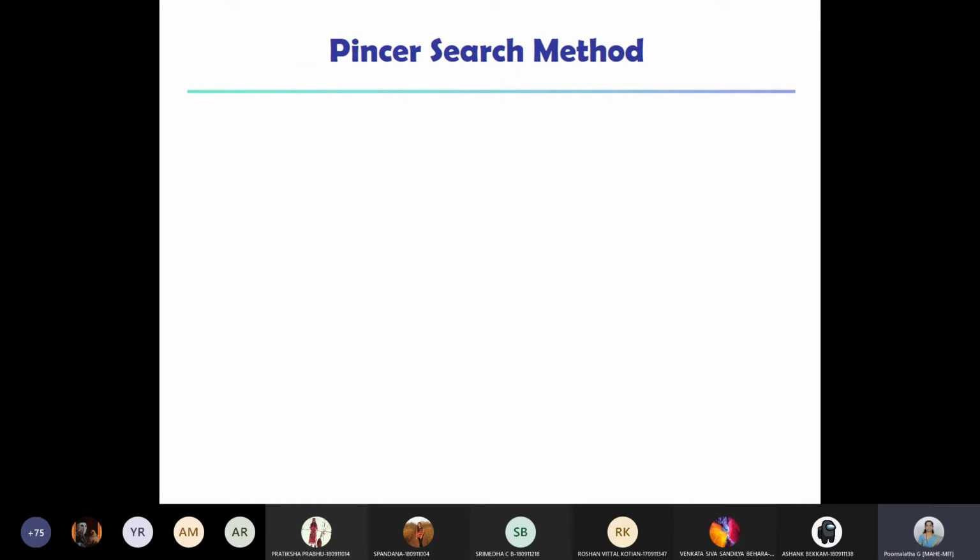Okay, so the next algorithm is pincer search. Again, this algorithm is not available in Anand Campbell. It is from the Arun Pujari textbook. But again, there are slight mistakes or typo errors in that algorithm in the textbook. So whatever algorithm I'm showing you, I want you to please note down in your notebook, because unless you have the algorithms in your notebook, it is difficult for you to trace the algorithm. That's the reason I'm telling you. I want you to have all the algorithms in your notebook.